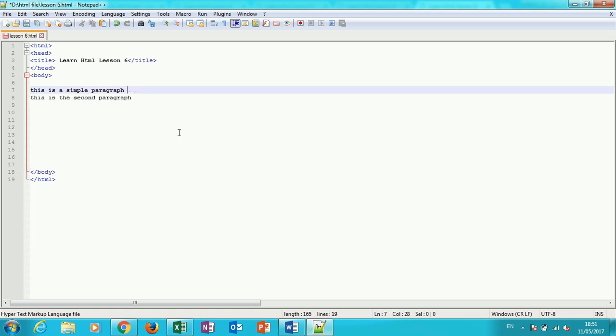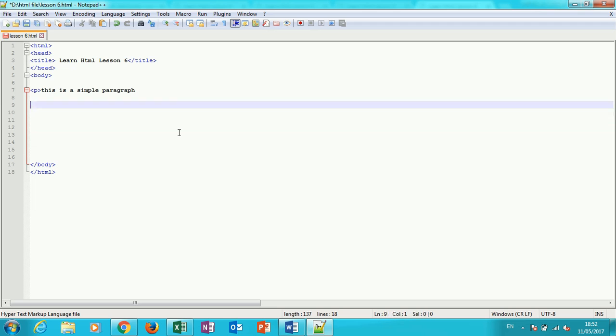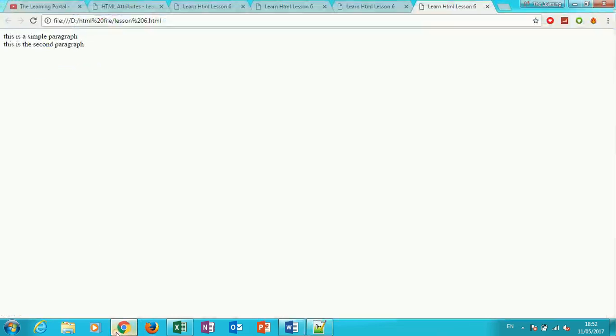Okay, so now let's get back to our attributes. I have a simple paragraph, P as an open tag and P as a close tag. Now what we said is that attributes provide more functionality to the paragraph. For example, this paragraph is